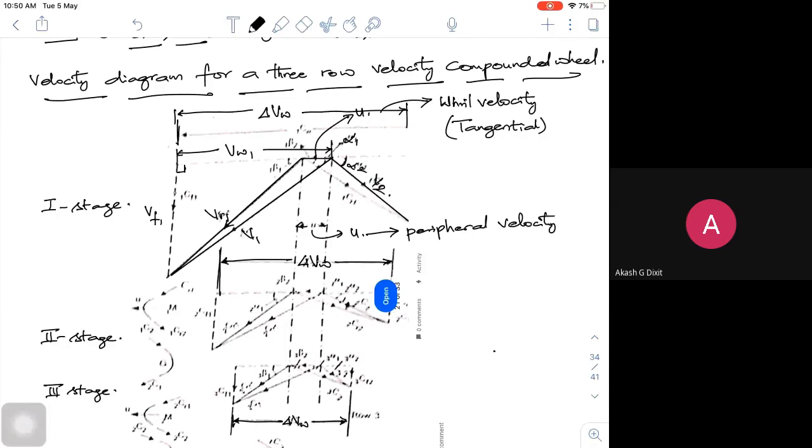Fine. Then this is my VR2. So if there is a loss, then VR2 is equal to your CV into VR1. So I can resolve the V2 component and I can get it. So this will be my VF2. This will be my VW2. So this is your first stage velocity triangle. So this you should learn how to put it on a graph sheet to the scale.